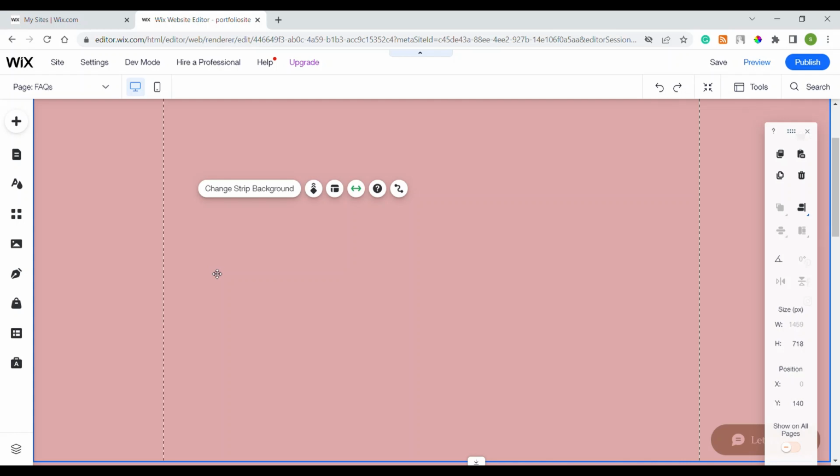If you only want to add a single product and don't want a grid or a widget, you want to do it by using an image. So let's say you want to add an image,